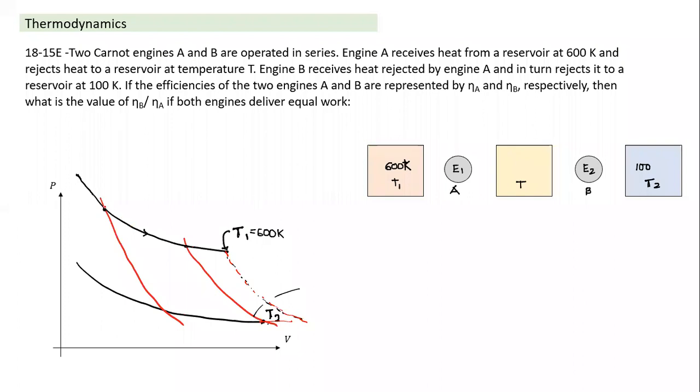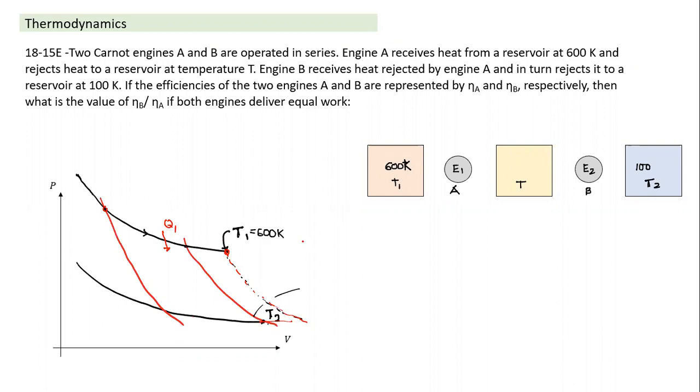So if, rather than following this process, I follow the dotted line process, the source and sink temperatures are the same. But what has happened? The total heat drawn in from the source, this was the heat drawn in corresponding to this point to this point. As the ratio of volume increases in this phase, when we draw energy, the Q1 value will also increase. But as Q1 increases, Q2 also increases in the same proportion. Hence the ratio of Q1 and Q2 remains the same. The ratio of Q1 to Q2 depends on T1 and T2. So it doesn't matter how I draw the two adiabatic curves.